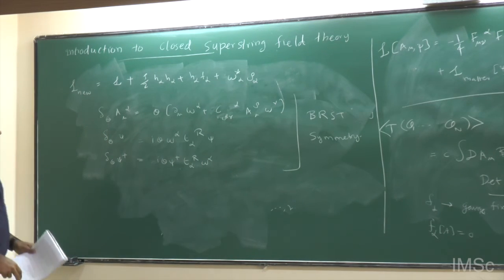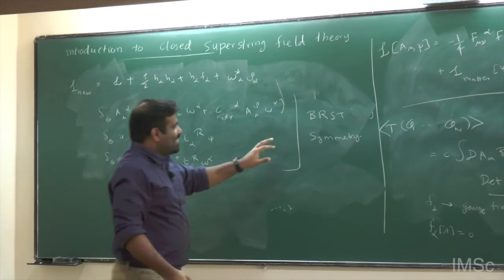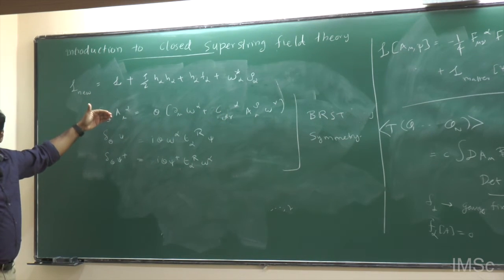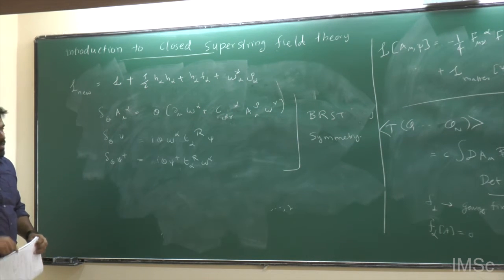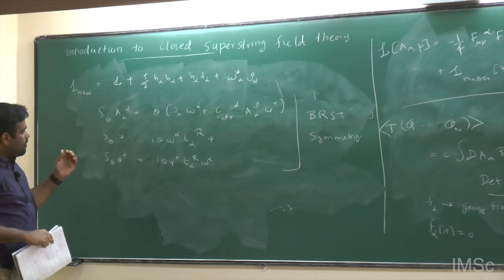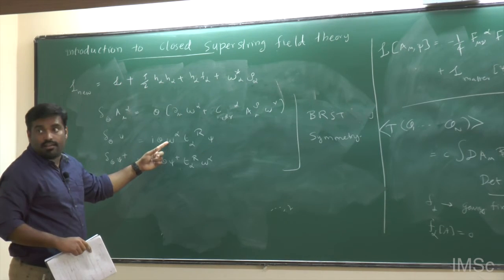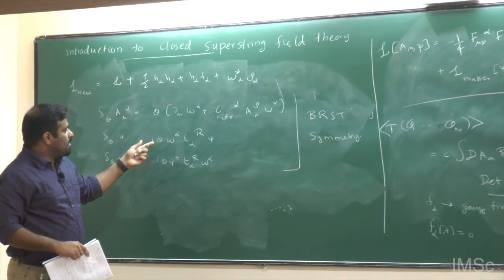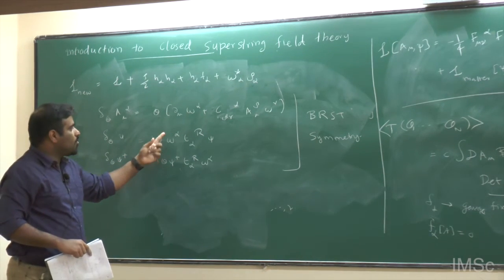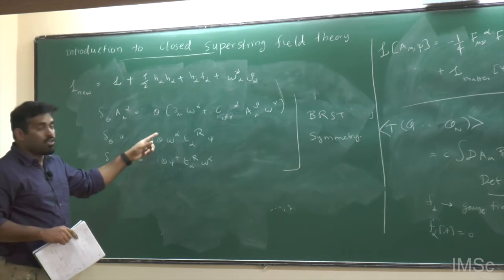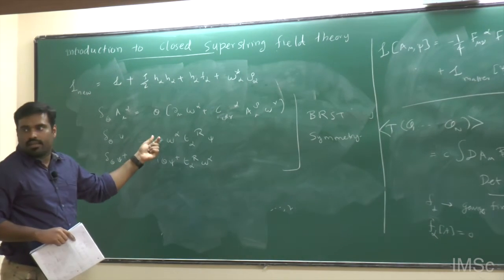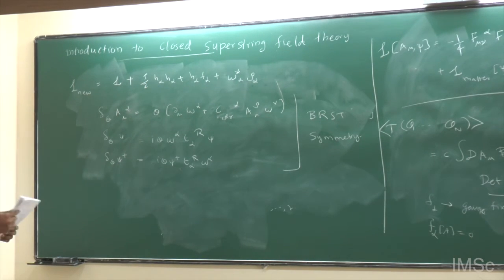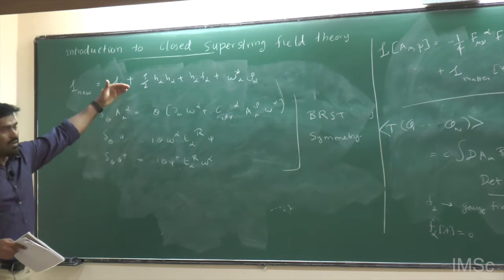So you can observe that this is precisely the gauge transformation for each field in the original Lagrangian. The only difference is that you replace the gauge parameter with theta into omega alpha. To start with, you didn't have any ghost field. Omega alpha is an anti-commuting object, and theta is also an anti-commuting object, so together they form a commuting object. Yes, that's true. Even if you don't do anything, you have this invariance.